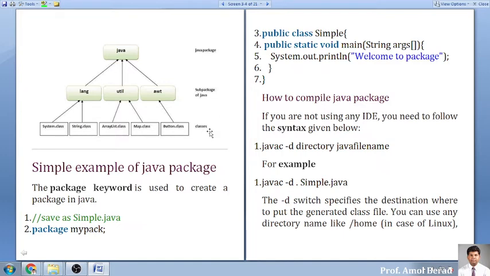Okay. So are you clear with the package and sub packages now? The main folder is called a package. The internal folders which are present in this are called sub packages, and the files which are present in that folder are called classes. Are you clear with this? Yes or no? Yes, sir. Okay. Now whenever you are working with the packages, you will be using the keyword called